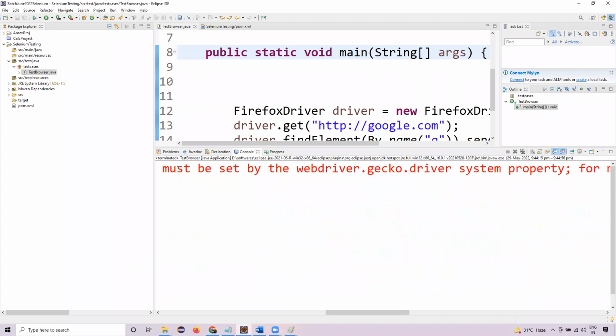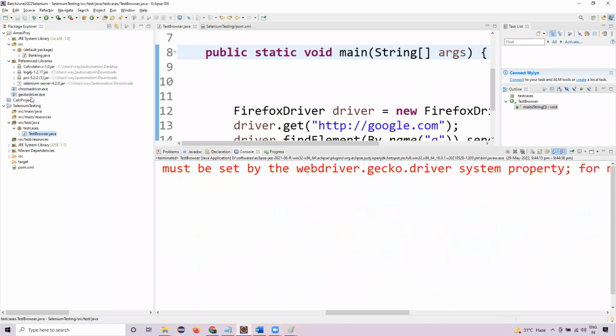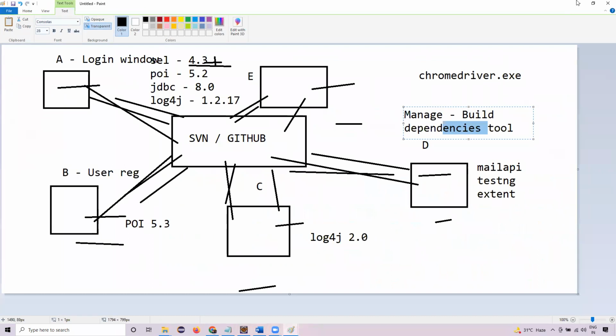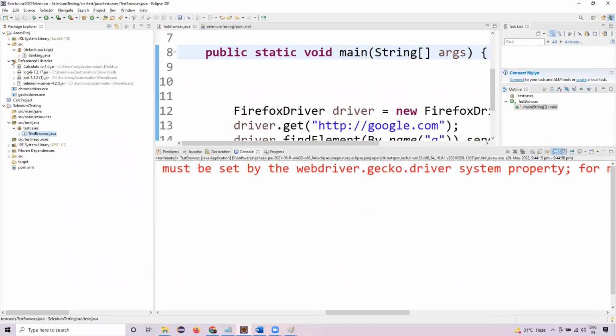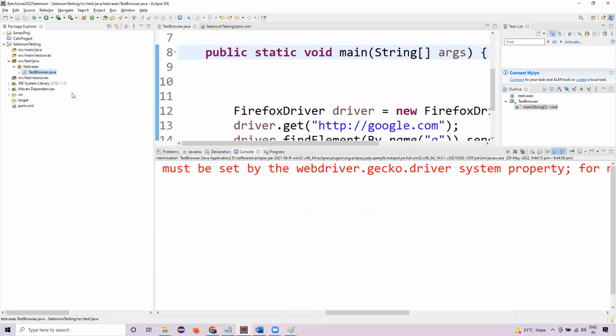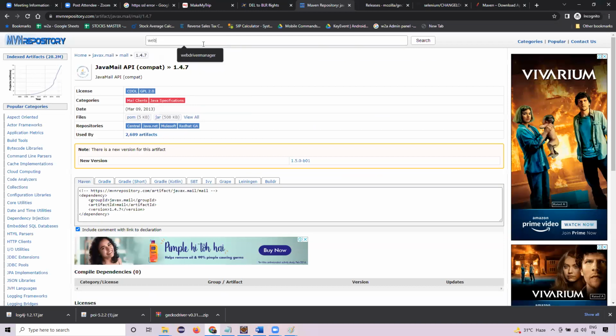The exe is missing. So now we should be downloading the exe and manually adding it, like we did over here. But we need to automate this process as well, downloading the Chrome exe and the Gecko driver exe. And how will this be done? This is not provided by Selenium. There's a third party which created another Java project called